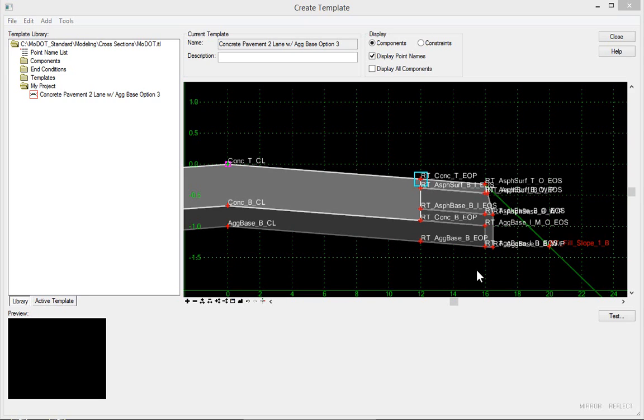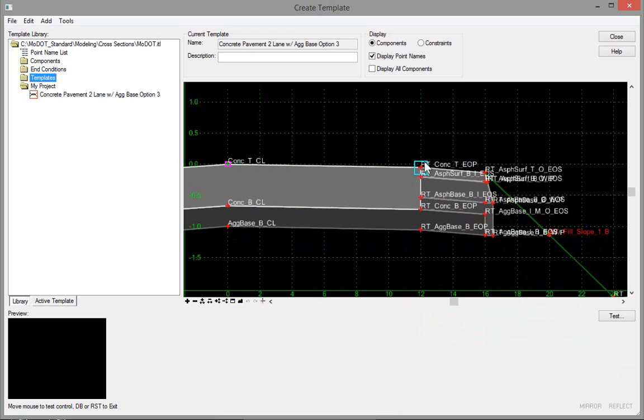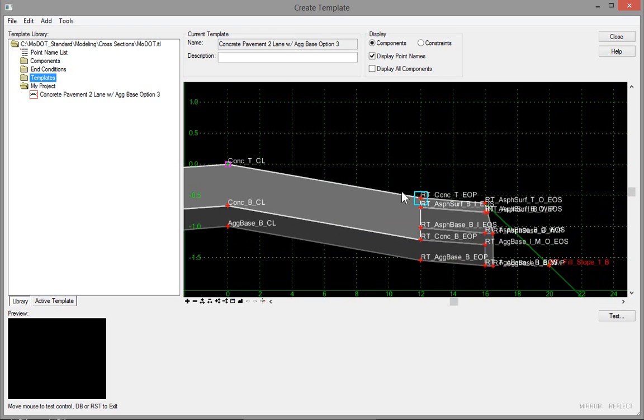In this example, we want to take a look at how we can control the slope of the shoulder within our template that we place along our roadway to build our corridor. If we take a look at how we're set up right now in our project, I test this vertically. You can see that our shoulder is just locked at a constant percentage of slope, in this example -2% away